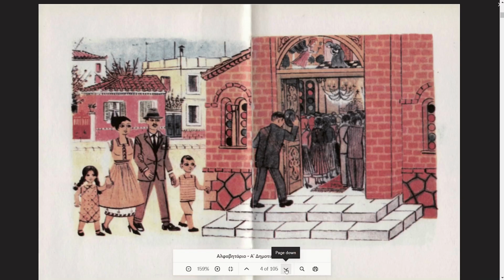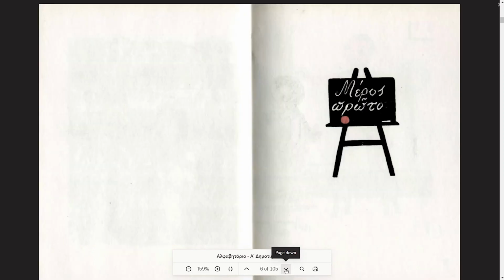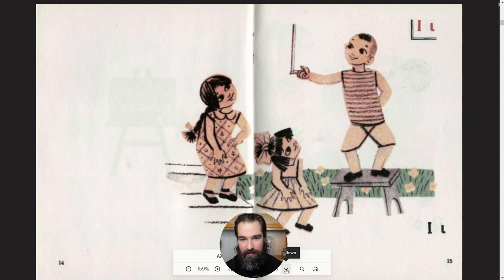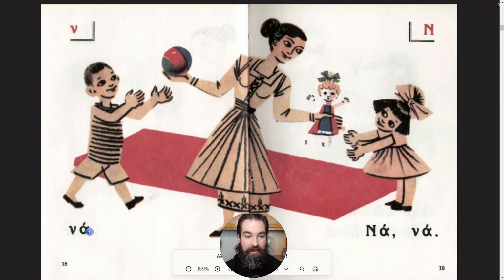So we have this family. Looks like they're going to church. And then here it looks like they're at a parade. Yep, this is a parade. Meros proto. Part 1. Iota, I. Omicron, O. Alpha, A. Ni, na,